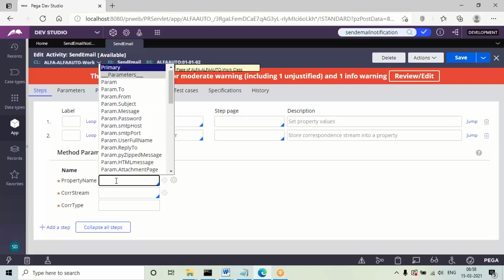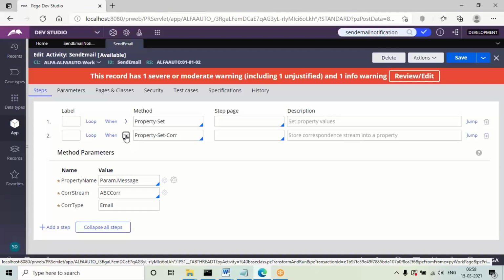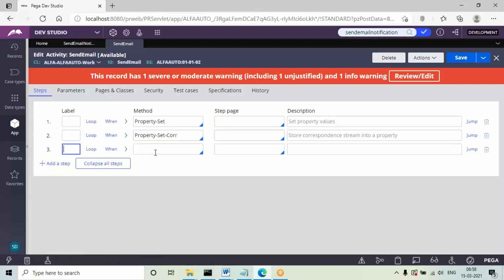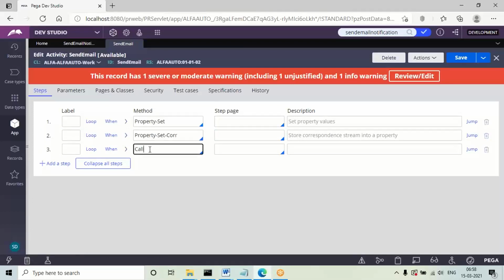Here the parameter is param.message, the correspondence stream name is your correspondence, and the type is email. Fill the parameters. Then the main API we are going to use to send notifications, using this instruction call, the name is SendEmailNotification.